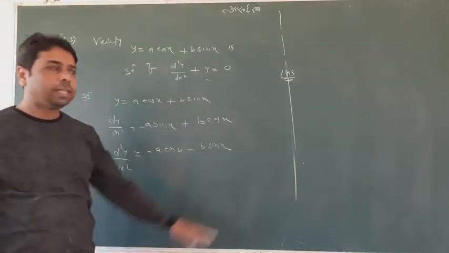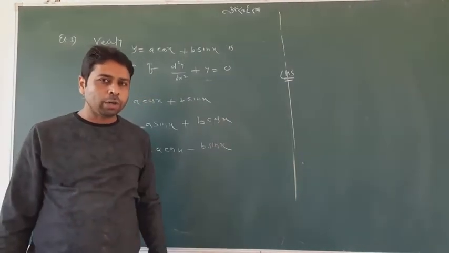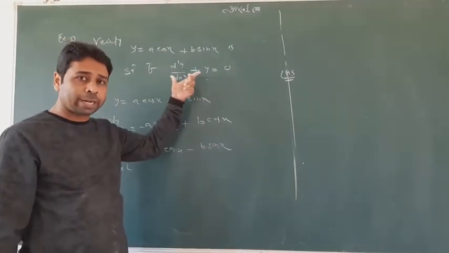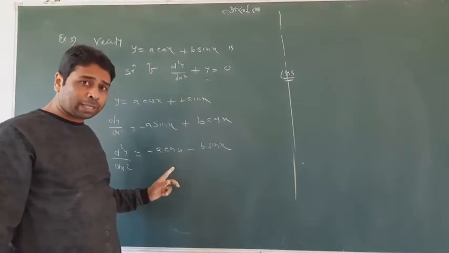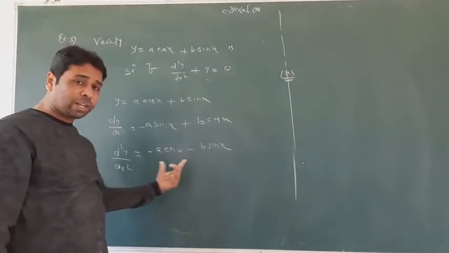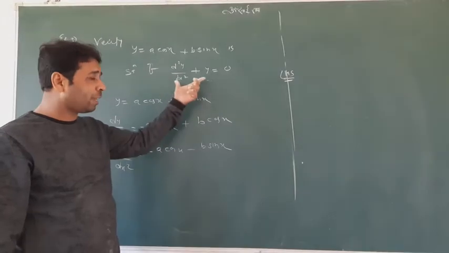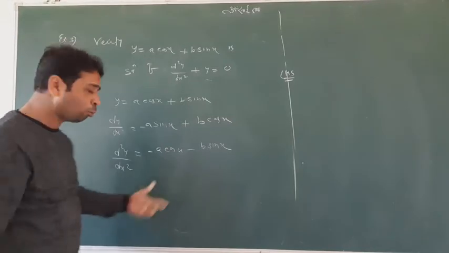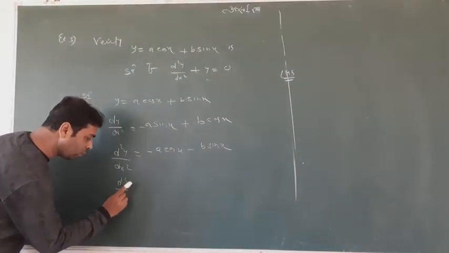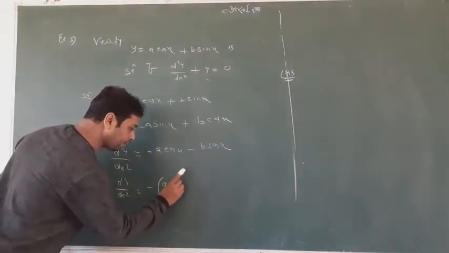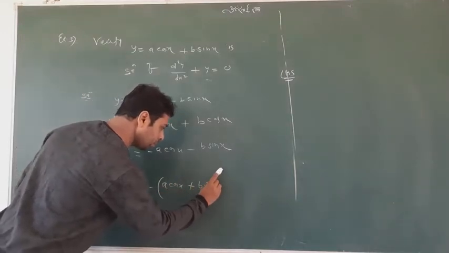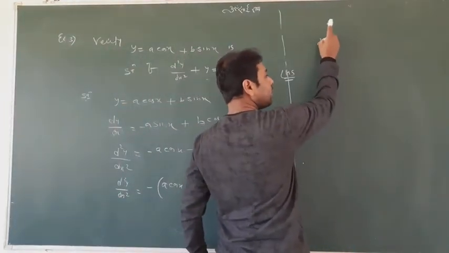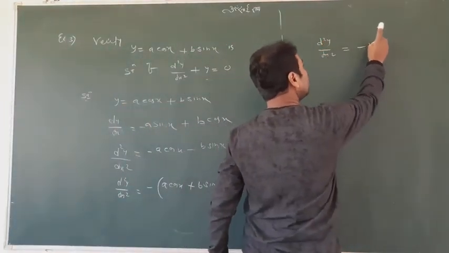In the last question we saw that the requirement was not coming at once, so I took the left hand side. In this question again it looks like the requirement is not appearing very clear. You can attempt to take the left hand side, but fortunately we actually have the same condition. Look at one term, you can understand by yourself: take out minus common. And fortunately this is none else but y. So students, d square y by dx square equals minus y, it is coming.